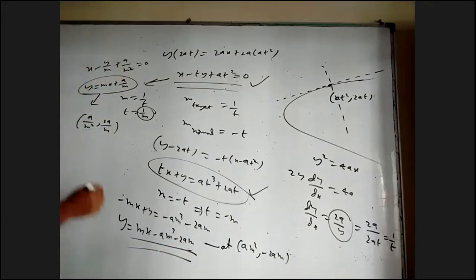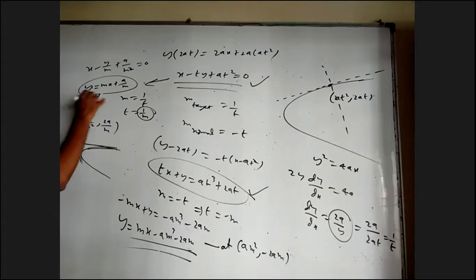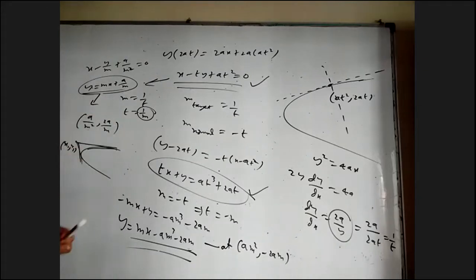Now, if you take a parabola and a point outside the parabola is given, we know we can draw two tangents from the figure. But apart from that, how do we prove it algebraically? If the point (x1, y1) is given, and somebody wants to find these two equations, substitute in the general tangent. Put x1 here, y1 here. When you do cross multiplication, you'll get a quadratic equation in terms of m. That quadratic equation will have two slopes, two roots, one for this, one for this.